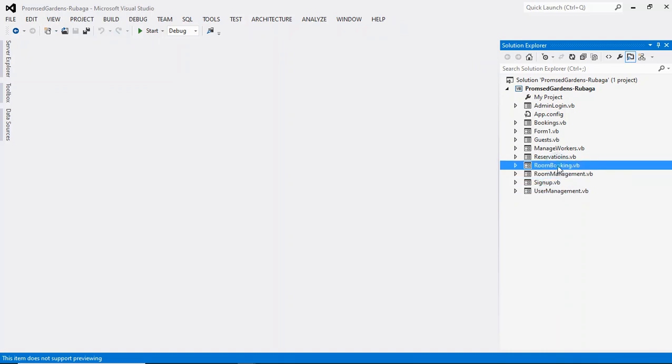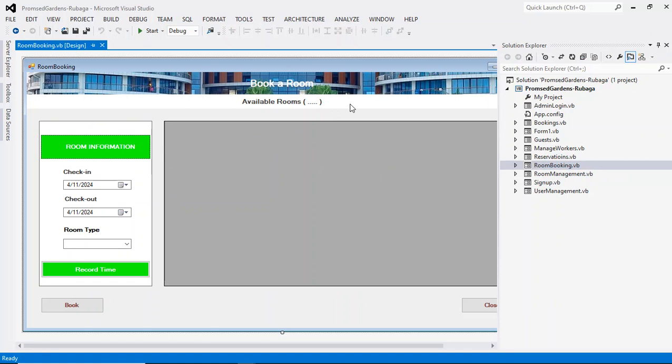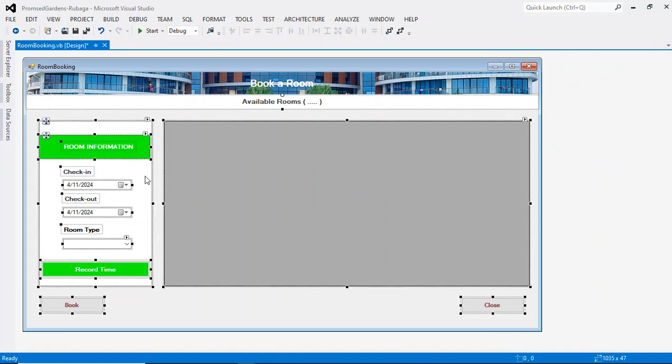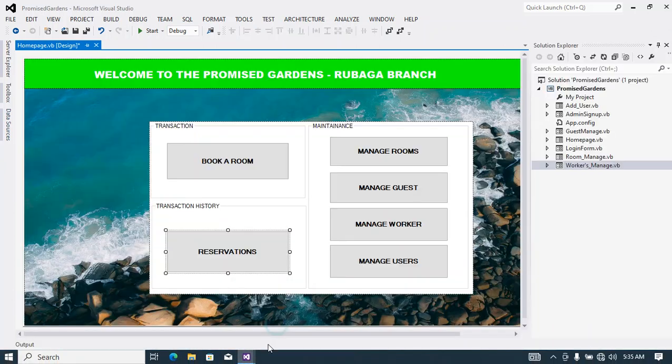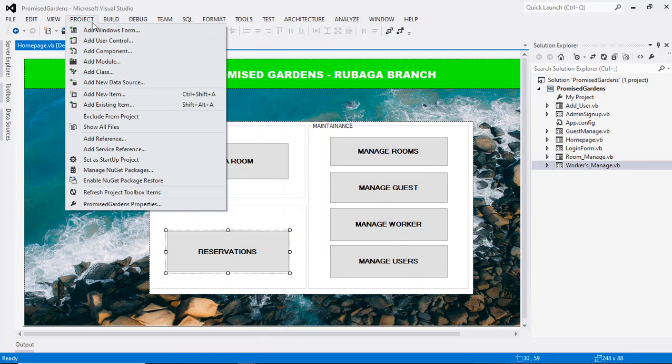Now we are going for room booking. Here it is. In the book room, here I have to get the room information. I think to also design this, but I don't think we need it. What we have to do here is remain with the check-in, check-out, room type that you need, and we'll even tell you the amount. We also get that control to collect the amount, the new code. I think that is it. Let's copy this all, copy that, come to our project, we add a new Windows form,